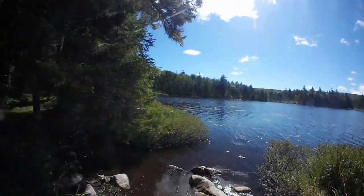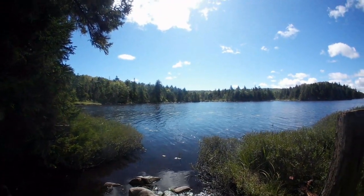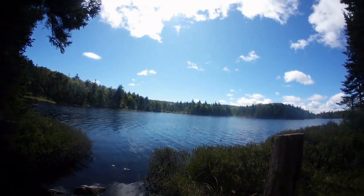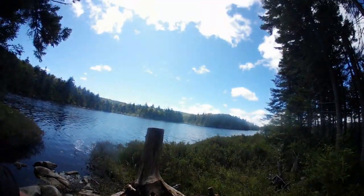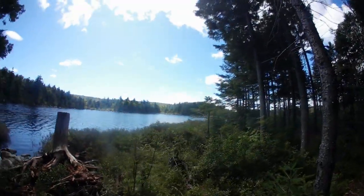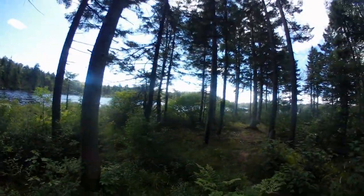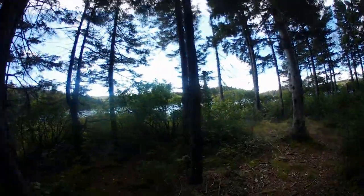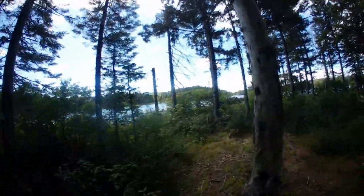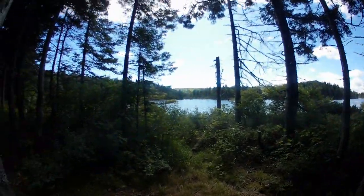So we are doing another check-in along the way, and we are on the north side of the larger pond. We approach coming in here, and not the worst looking area in the world. Trying to do a little walk through here just to get some scenery in. One day I'll get off my lazy butt and hike all the way out to the other pond that's way in here, which is,